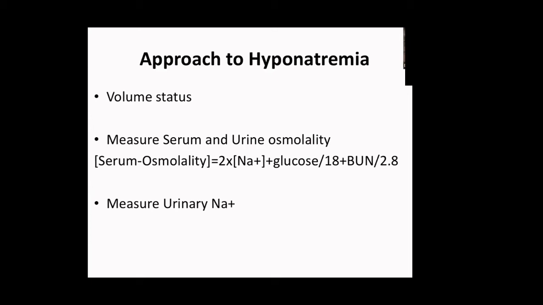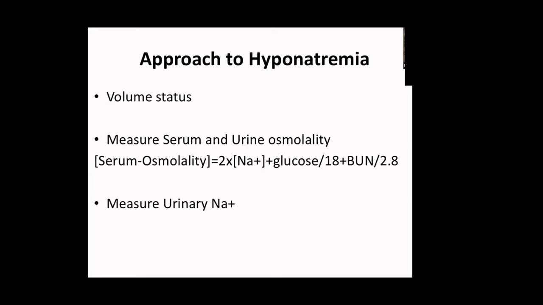So I see the IVC. If it is distended, I know it is hypervolemic. If it is collapsing, I know it is hypovolemic. But the patient should not be tachypneic. What other parameter are we trying to see for volume status? We did it in some 40-50 patients, all these things we were analyzing, then corona came, so that data is lying somewhere. So fractional excretion of uric acid also tells you something about the volume status. Then you measure serum and urine osmolality.